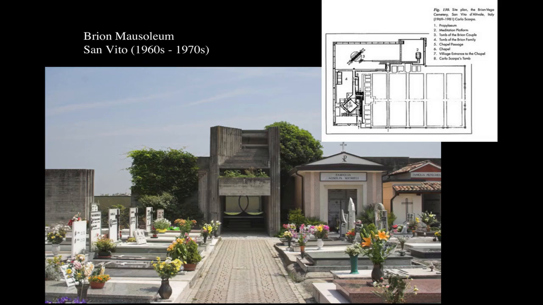The mausoleum itself was for a family on the Venetian mainland. Originally, the parents of the family came from a small, tiny town on the Venetian mainland named San Vito. But the father of the family, in the post-World War II boom in Italy, made a fortune in an electronic company. It used to be the Brion Company. Today it's known as Brion Vega, and you may be familiar with the name of the company. He just made a fortune, and the family moved away from San Vito. But late in life, the parents decided that they wanted to be buried back in their hometown,